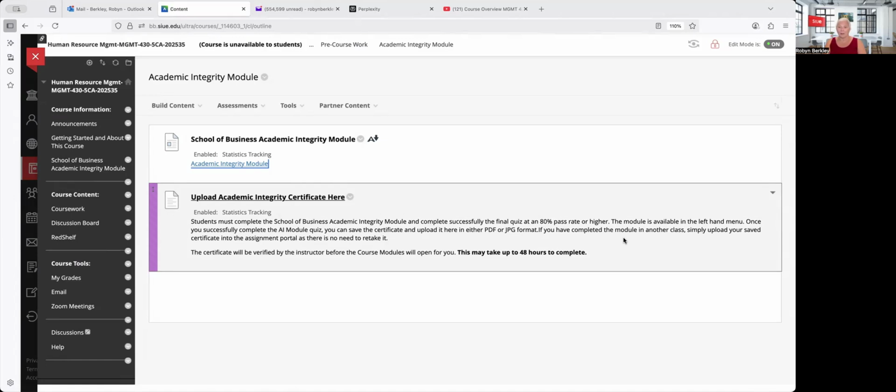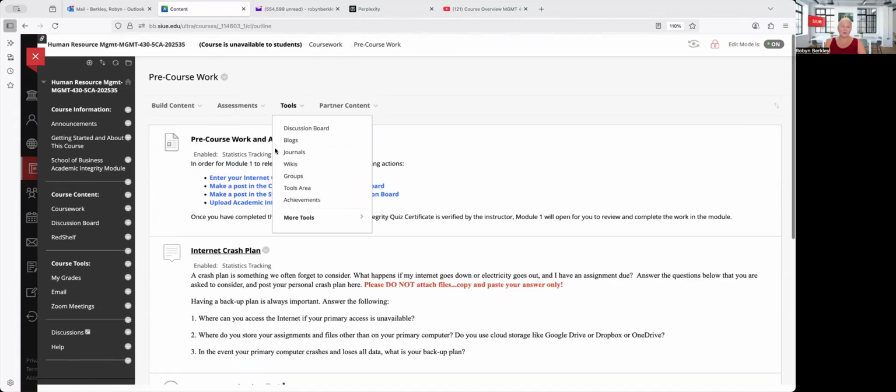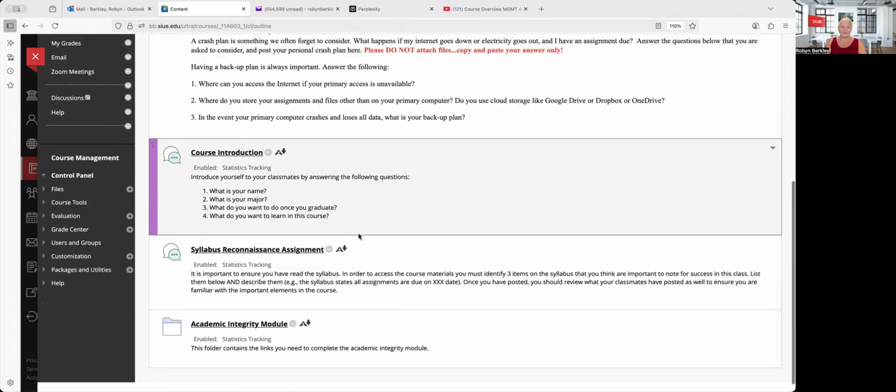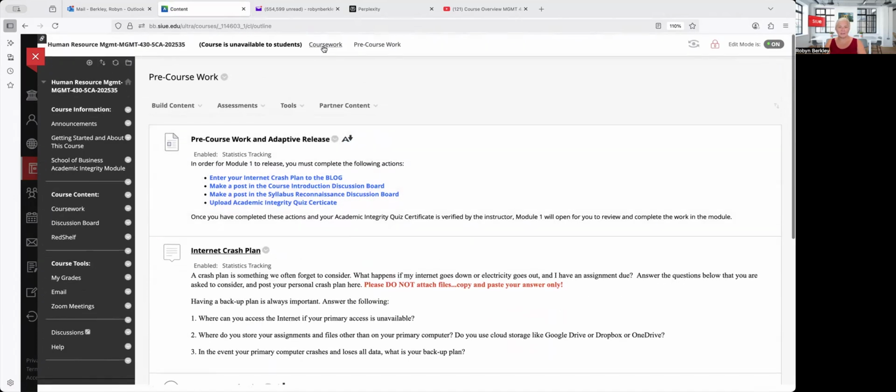I mean, you probably have a certificate from a previous class, and if you don't, then it is really important that you make sure that you get the academic integrity module done before you can access any of the course materials. We need to ensure that students know what is and isn't appropriate with respect to academic integrity. So once you finish all that, I'll go back here, you have completed all the assignments, and should see then,